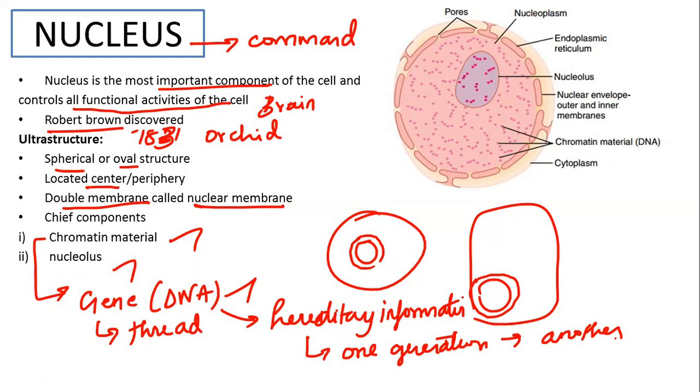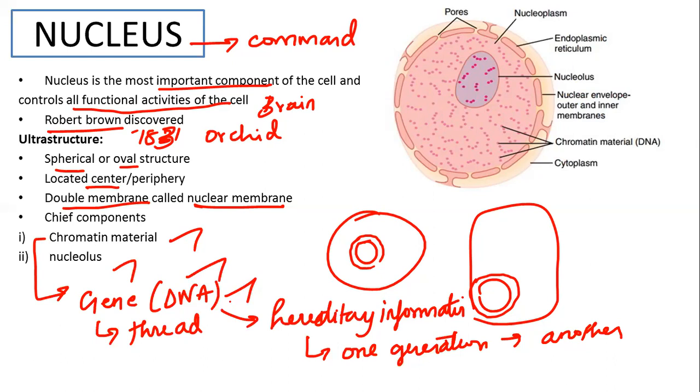The same character will resemble in you also. That means your father has inherited that character to you. So that character is transferred from your father to you. That is called one generation to another generation. That character will be transferred by means of DNA, in the form of